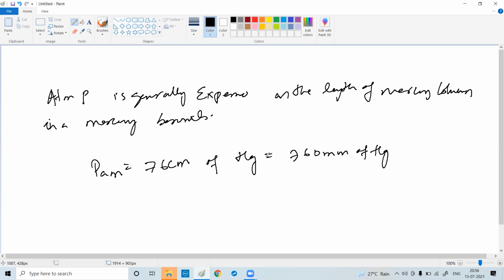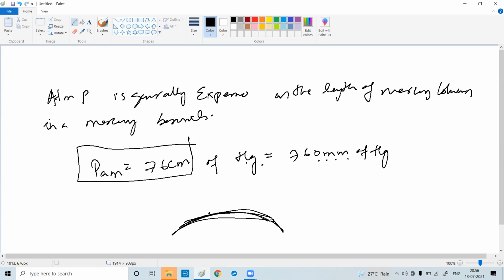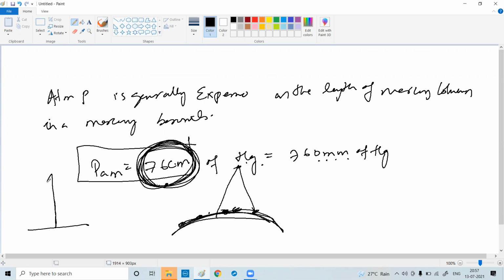मतलब क्या बोल रहा है? आपका जो एटमॉस्फेरिक प्रेशर है वो 76 सेंटीमीटर Hg और 760 millimeter, but it is on the earth surface because the atmospheric pressure is always measured on the top of the earth surface. But if you go on the top of the mountain, this value will change. Will it increase or decrease? It will decrease. You know very well, if you go above, the pressure will decrease. But if you go below the water or inside the earth surface, the value will increase.